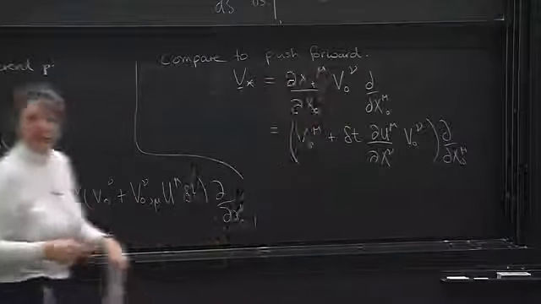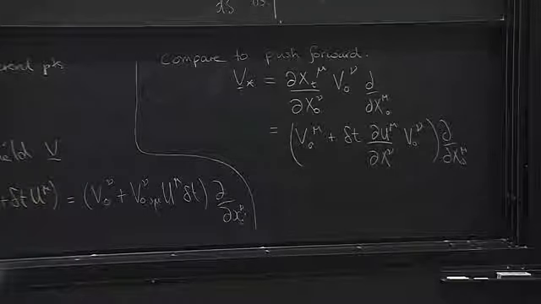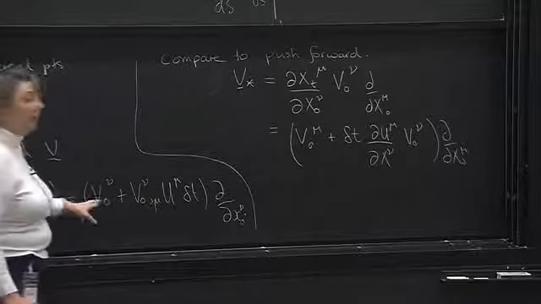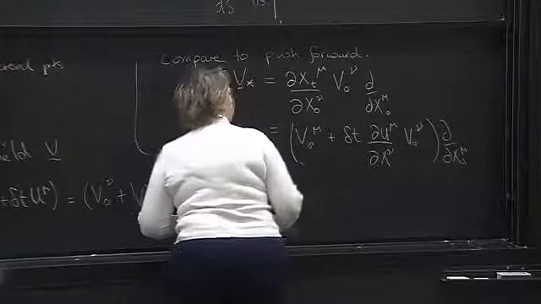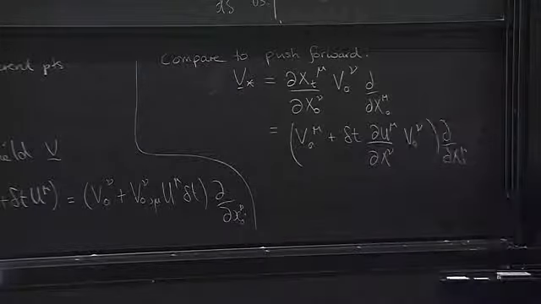Hoping I've got all the indices tallying up here. And so we subtract these two. You see that the leading order term is the same. It's v d by dx, which is the same over here. And so our derivative